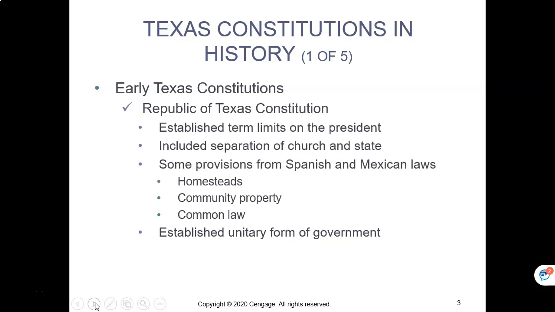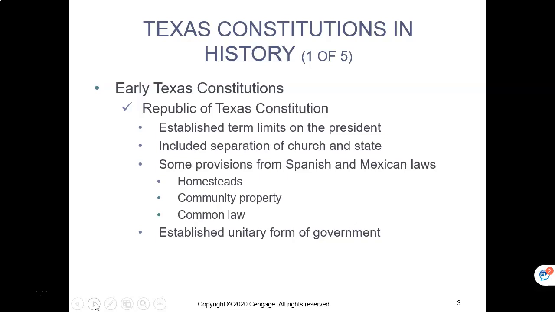You claim something as your homestead, it's yours for all practical purposes, and nobody's going to be able to come and kick you off of it. There are some other states, Florida, which had a very heavy Spanish influence, California, Louisiana, that all have homestead laws, and